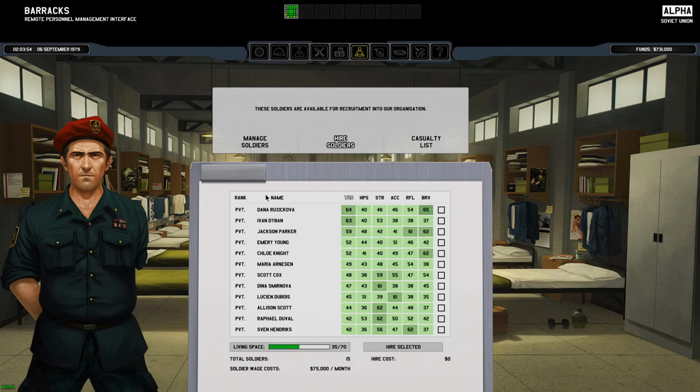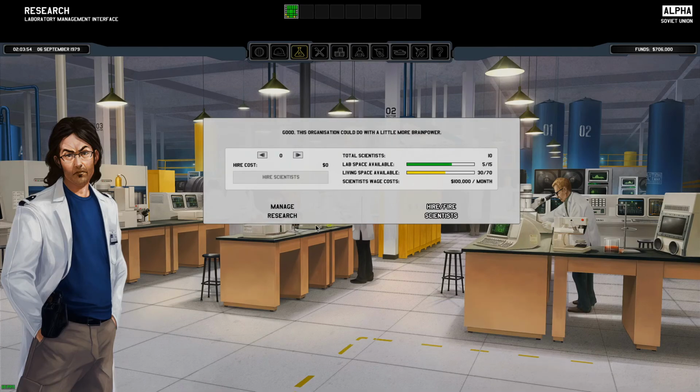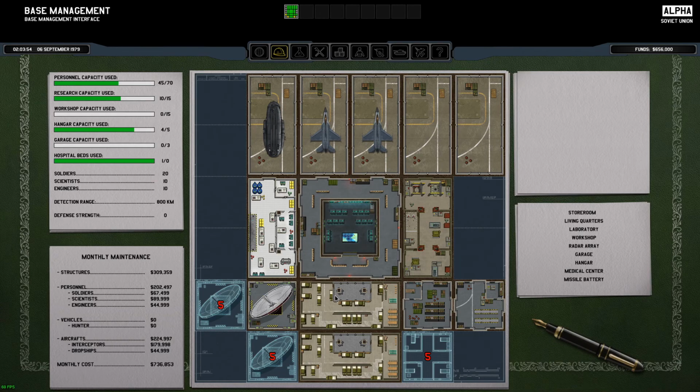You want to do the same thing you did earlier, look for a lot of dark numbers. You want to hire 5 more. 1, 2, 3, 4, 5. Wow, these are not great, but these will have to do. You hire selected. Another thing you want to do is go to hire 5 more scientists, hire them, and at that point,